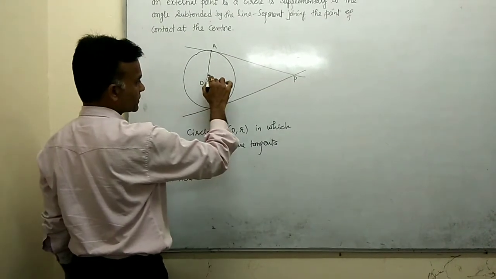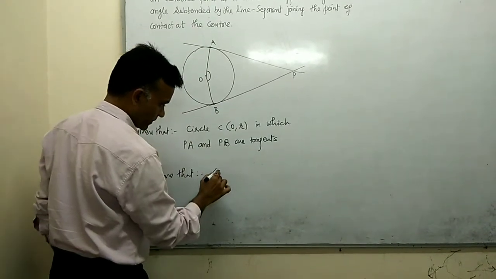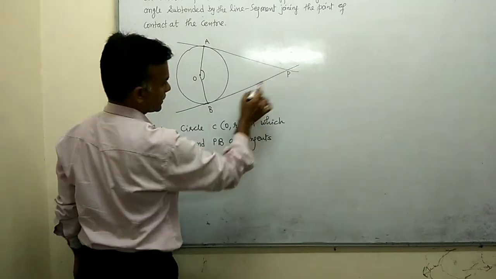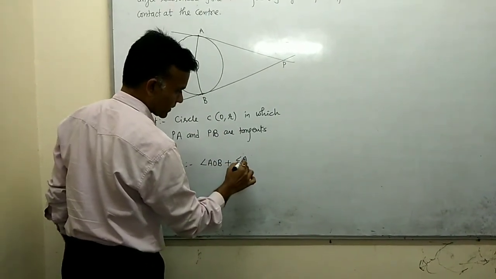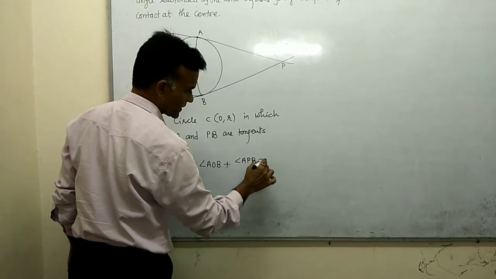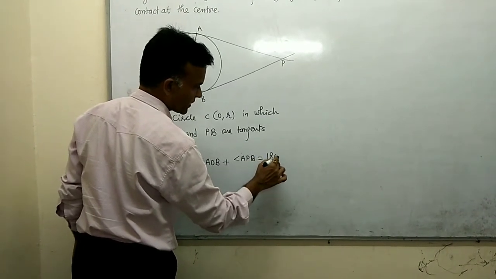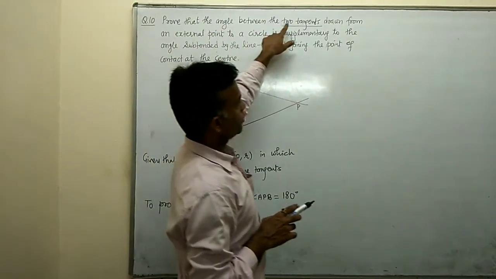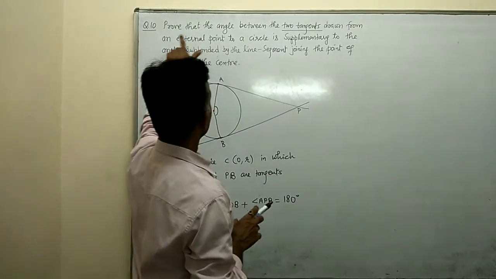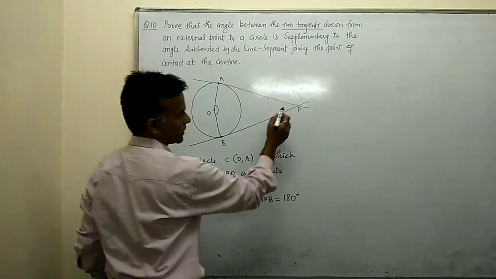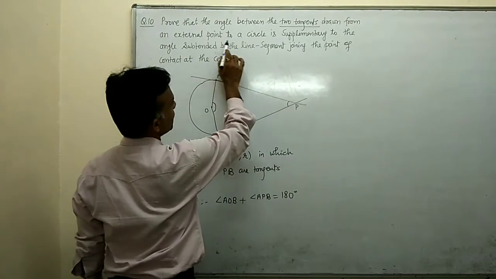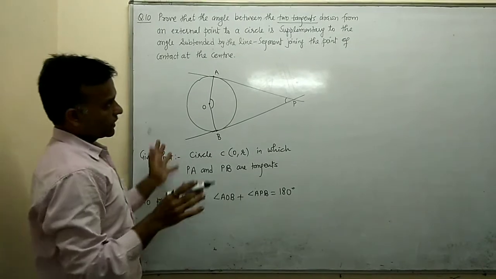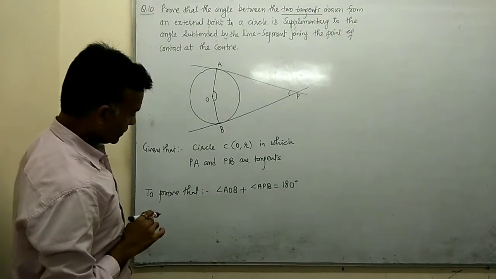one angle is this, angle AOB, plus the angle formed by the external point, that is APB. Okay, their sum is supplementary. Supplementary means 180 degrees. Again read the question: the angle between the two tangents drawn from an external point, this angle APB, to a circle is supplementary. Okay, so by subtending at the center, the sum is now 180 degrees. Then